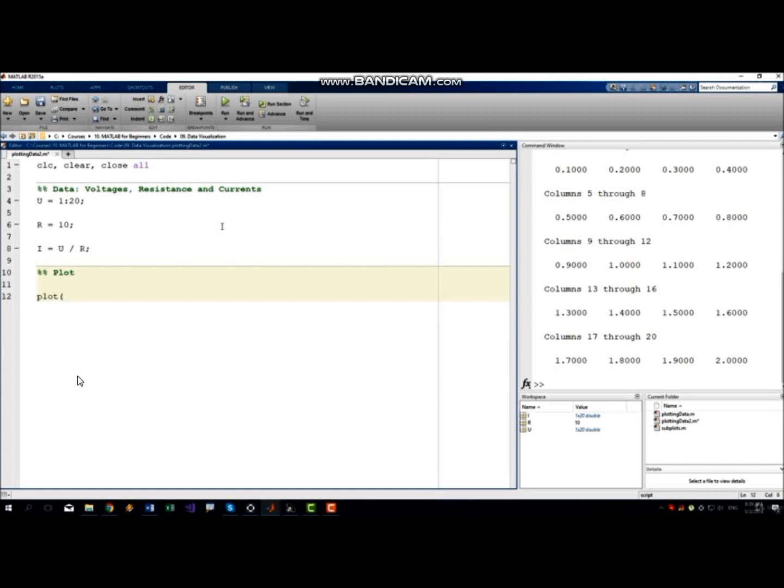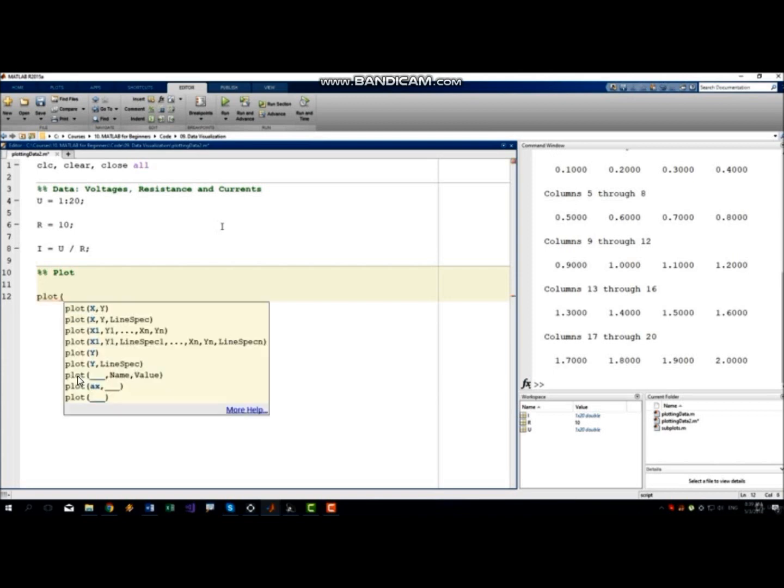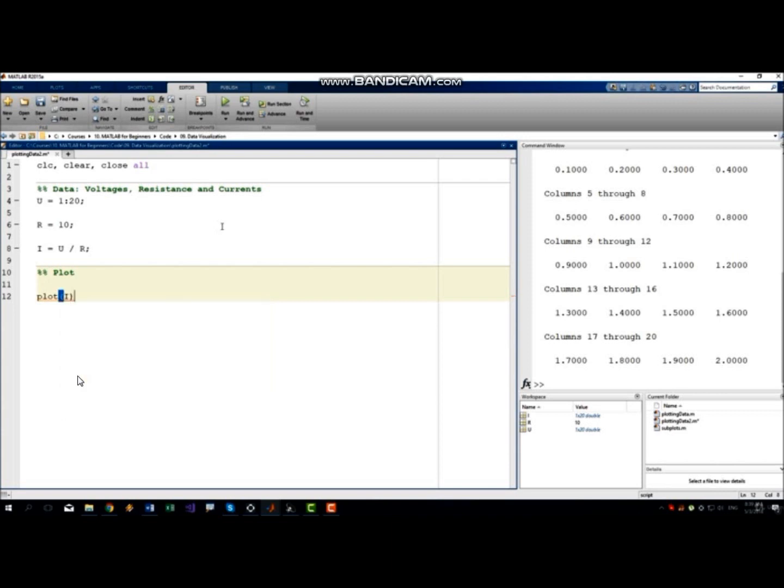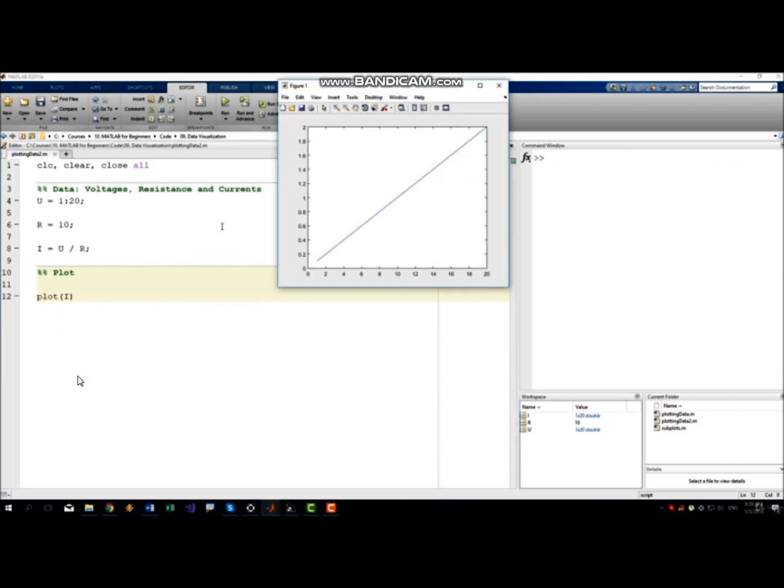This function takes an extraordinary amount of arguments, and we will take a look at a lot of these arguments. We can start by plotting the current only, so we're only going to give it the I. And we're going to run it. If you use only one set of data for plotting, as we just did, MATLAB will assume that the data that you gave it is dependent on the x-axis,